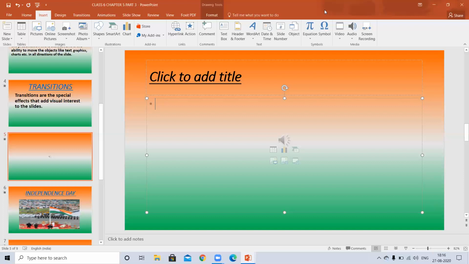And try to do the exercises of chapter number 5, not fill in the blanks, but choose the correct answer. MCQs are given and true false are given. So these two you will try to do in your book. Okay, have a nice day. Thank you.